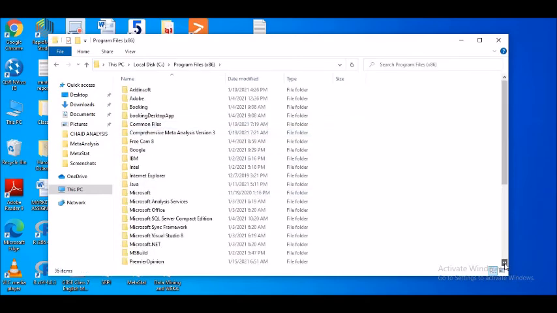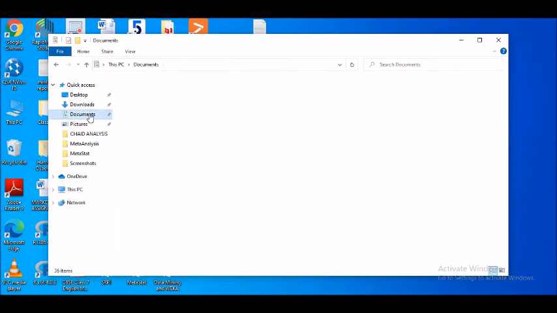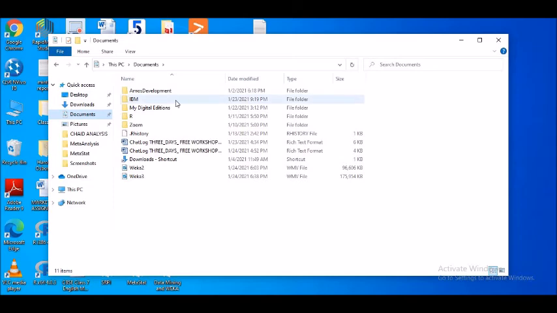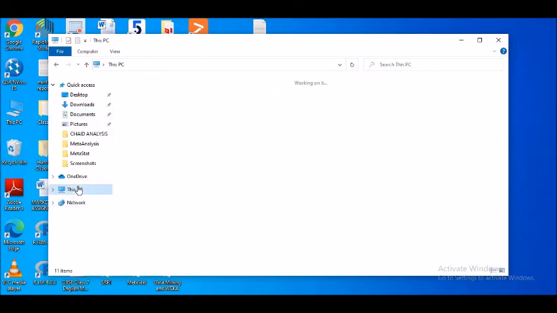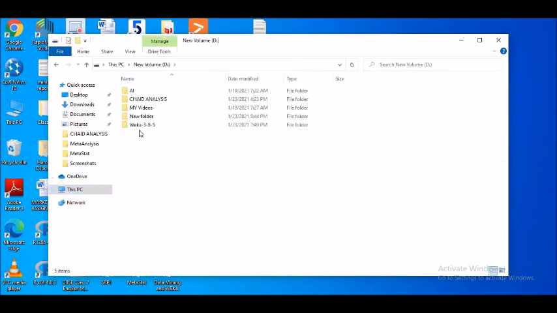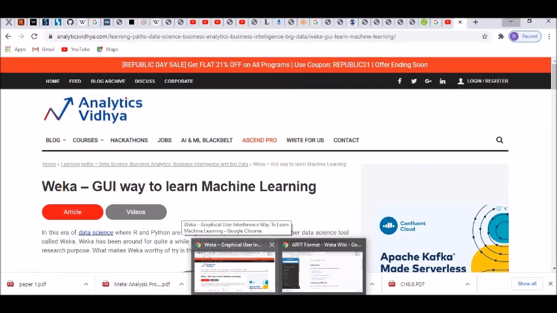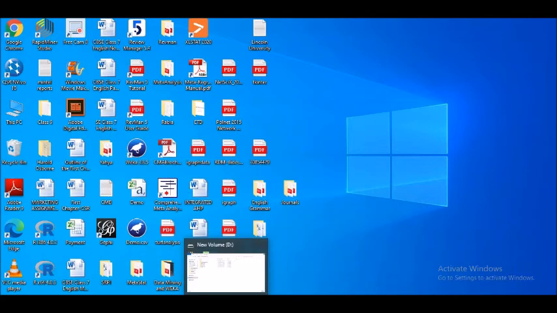Let me go back and see if it is here. Because Weka is present. Okay, it's not here. Let me see in the documents. Can we see Weka? No. So it must be in the other download folder. Here we go. See, you can see the folder has been created